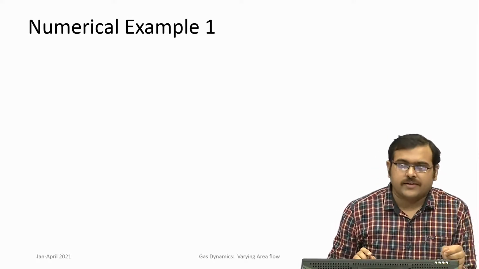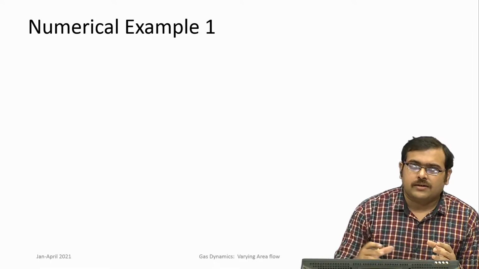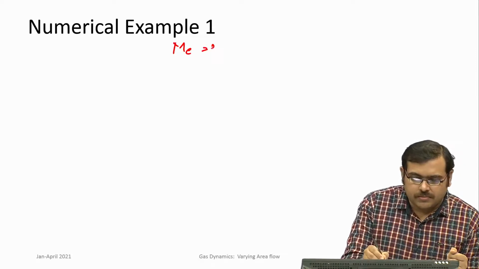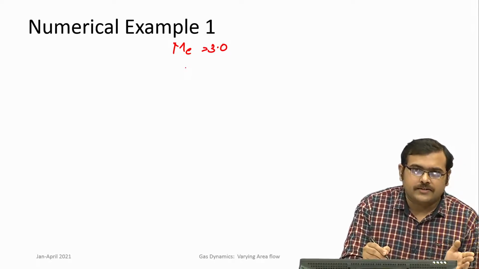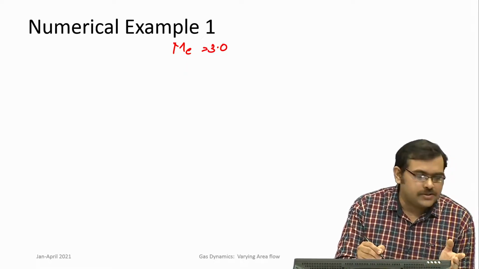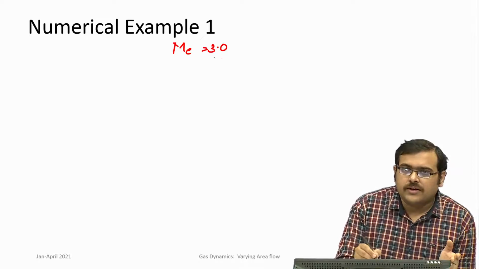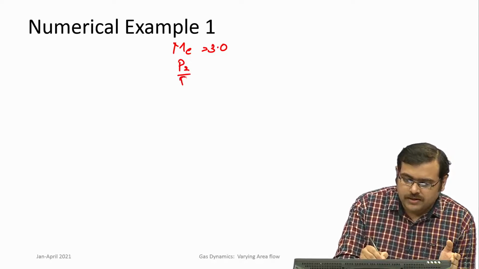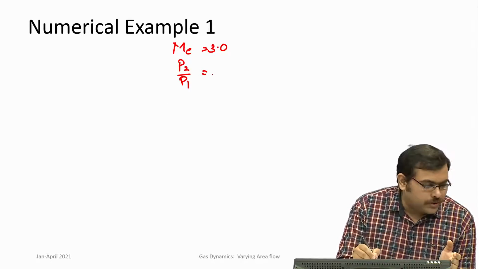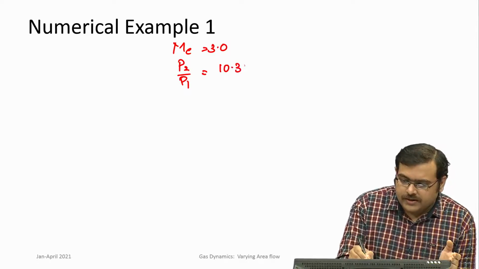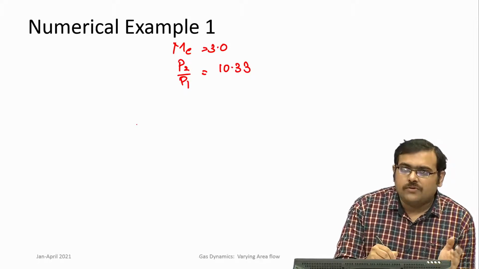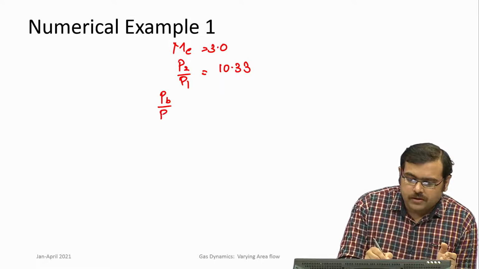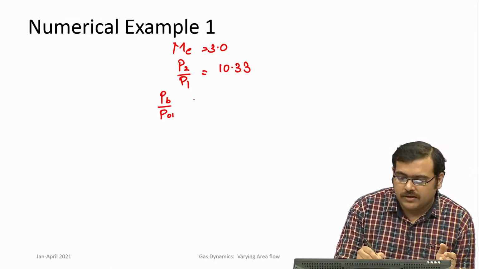Here the nozzle operates so that within the divergent portion of the nozzle you have complete supersonic flow. So M is 3.0, but right at the exit there is a normal shock. Normal shock is a discontinuity, so you have to calculate the normal shock at 3.0, and the pressure ratio across the normal shock, P2 by P1, is 10.33. So if one were to calculate what would be the exit back pressure, so PB by P01 at this particular condition, it would be